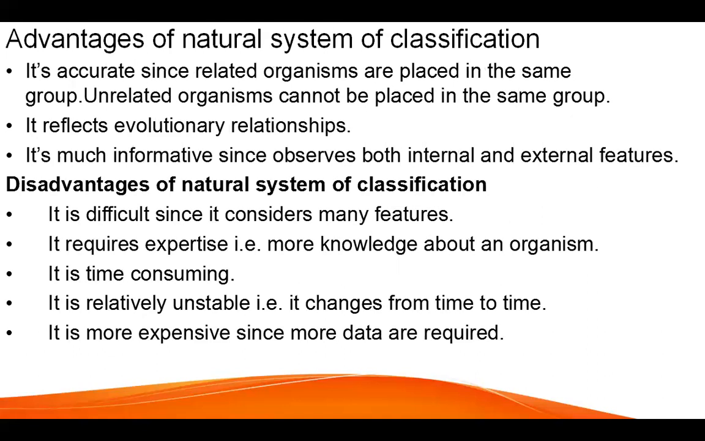Its advantage is that it's accurate since related organisms are placed in the same group. Also, even unrelated organisms cannot be placed in the same group. This means that both the internal and external features are observed clearly to classify the organisms. The second one, it reflects the evolutionary relationships as the ancestors of the organisms are clearly observed. The third one is that it's much more informative since it observes both internal and external features. So you can get a clear picture since you have more information about both the internal and the external